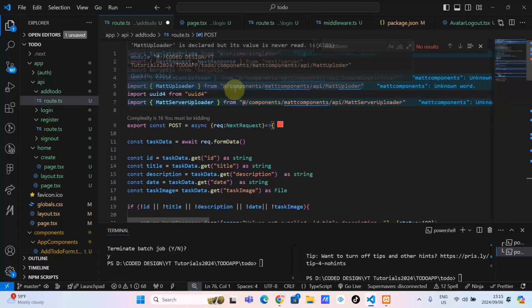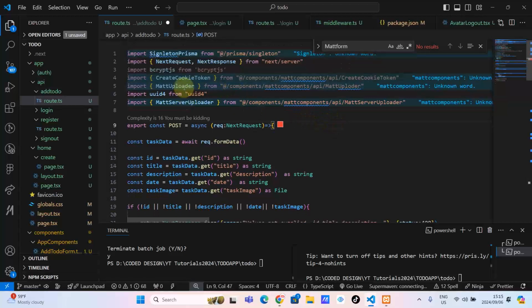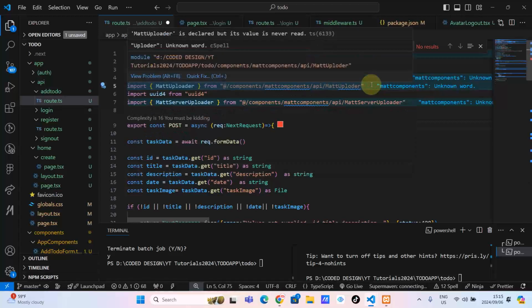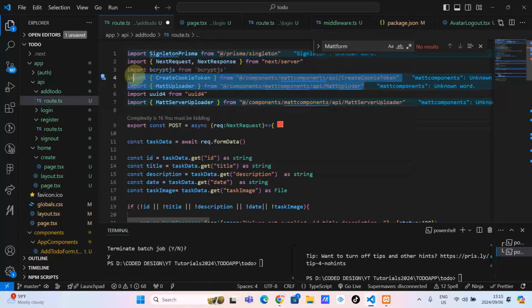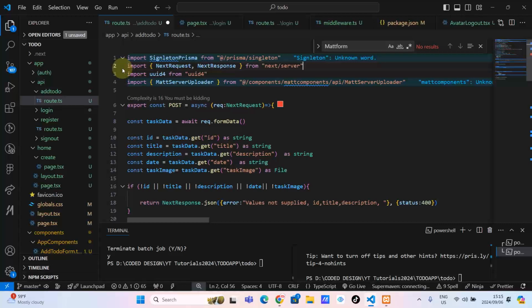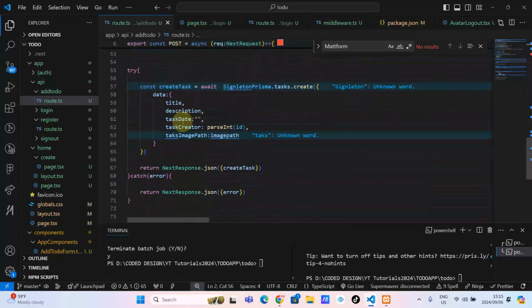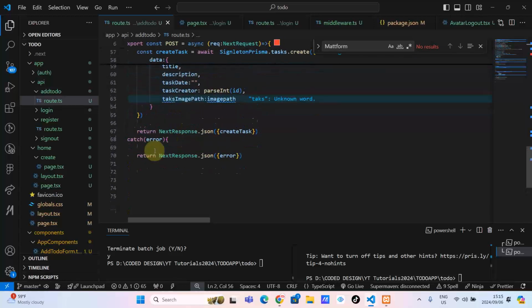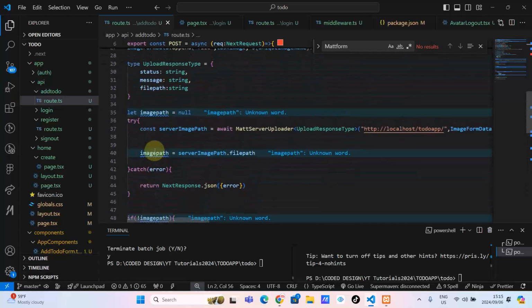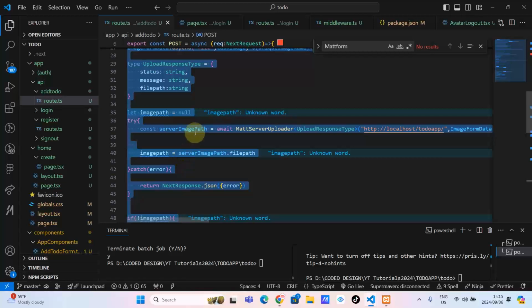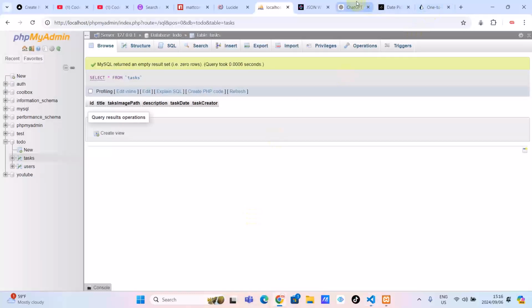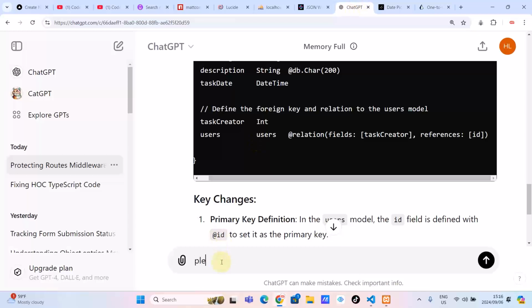Okay, what we can do: the uploader is not used, the cookies are not used, we're not even using the bcrypt. I'm happy with this as it is, but you never know, there's always an opportunity for learning. What I usually do is take this and type here: